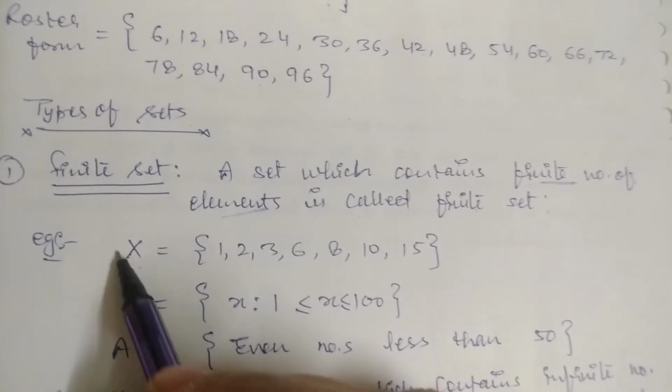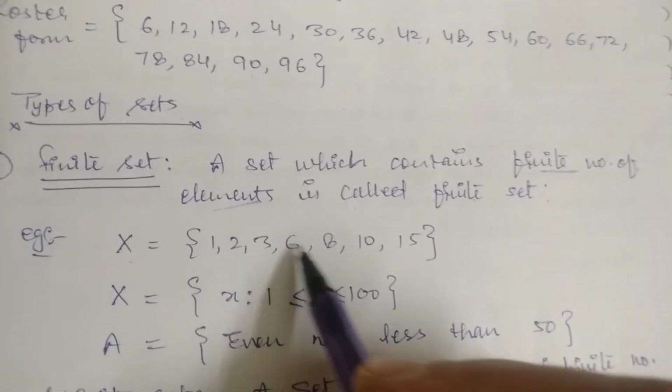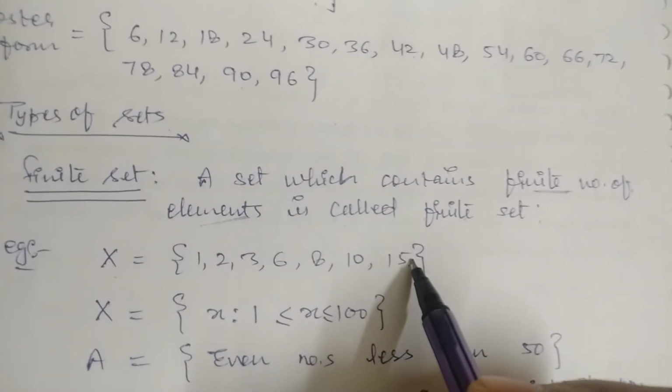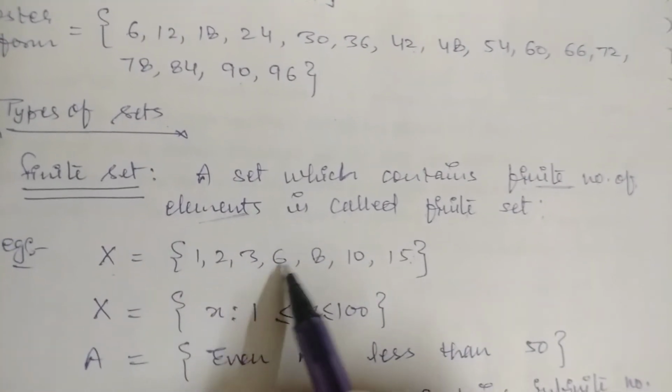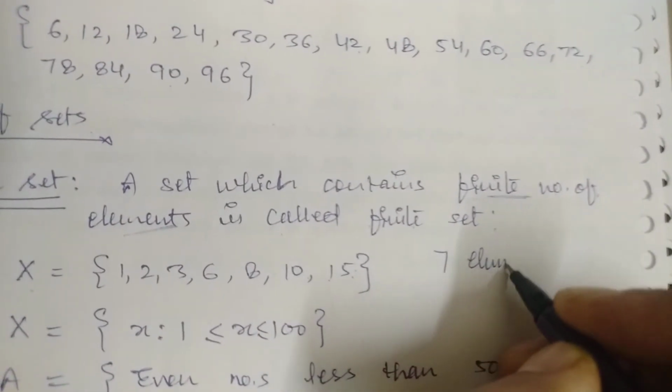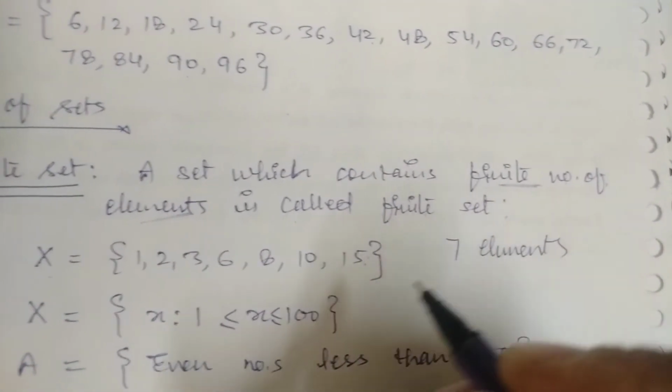For example, suppose we have a set capital X equal to 1, 2, 3, 6, 8, 10, 15. If we want to count the number of elements, 1, 2, 3, 4, 5, 6, 7. How many elements do we have here? 7 elements. Okay,